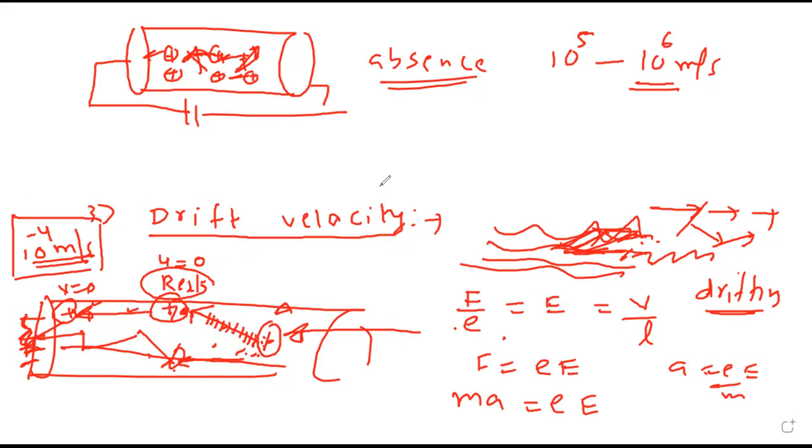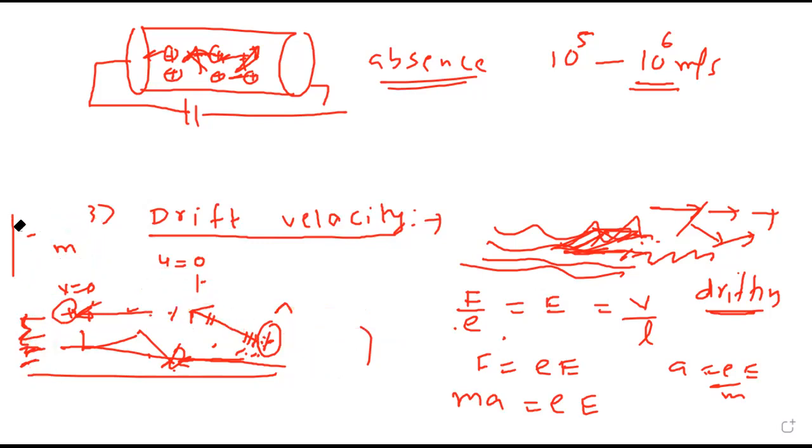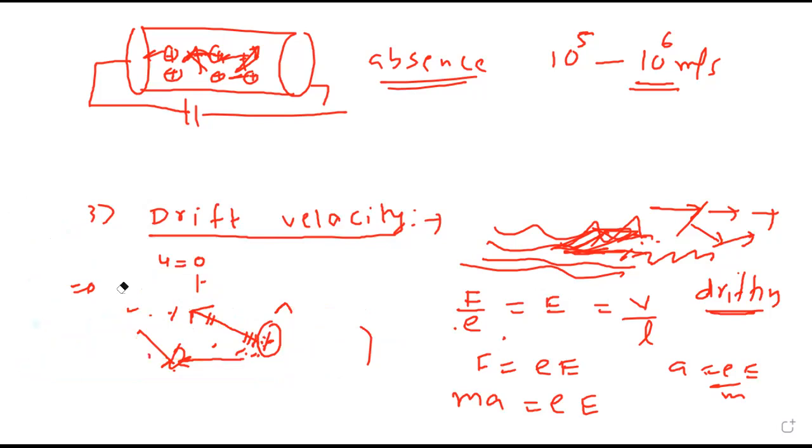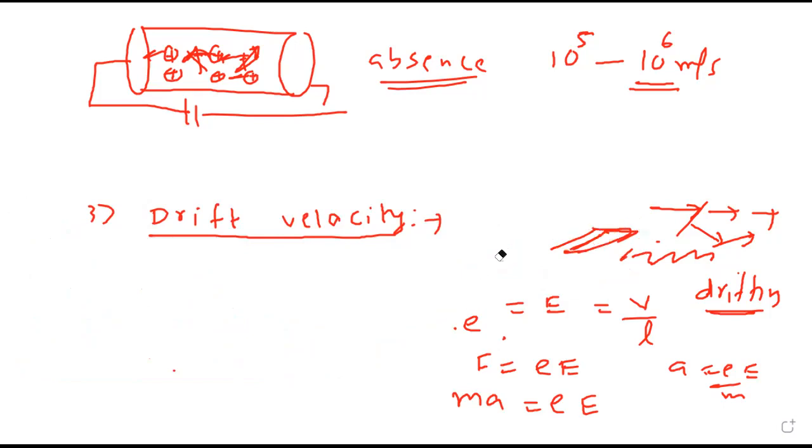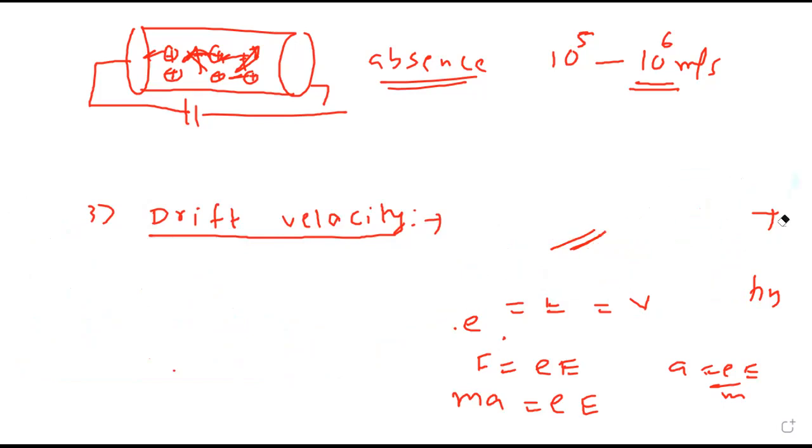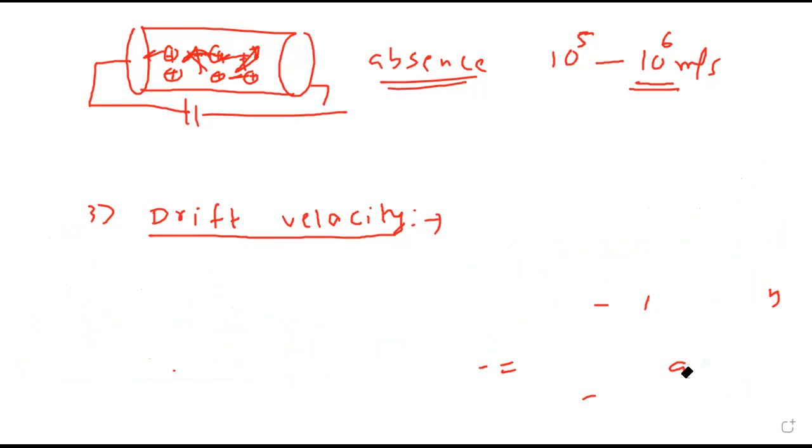Only possible when battery is connected to a conductor. Otherwise, they will not come out. So velocity, when they are moving inside, in the absence of battery, that velocity is velocity due to thermal agitation of electron. Order is 10 raised to 5 to 10 raised to 6. I will give you a note. Drift is very small, 10 raised to -4 meter per second. So the average